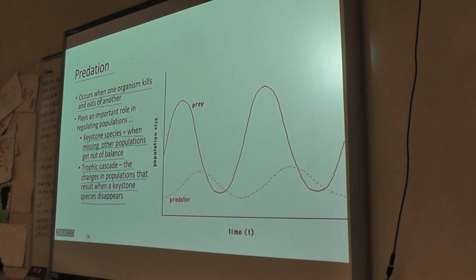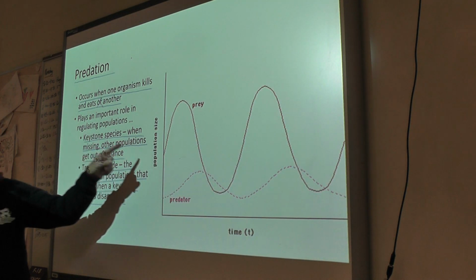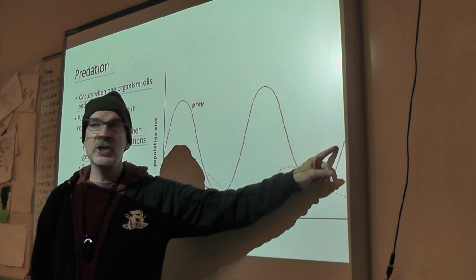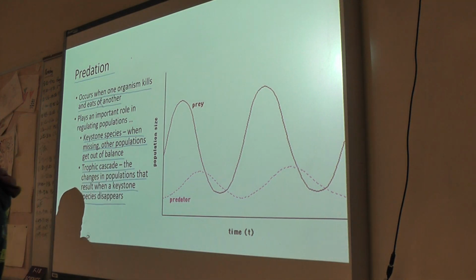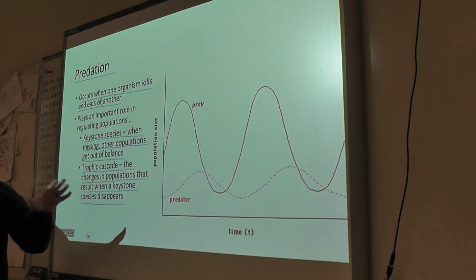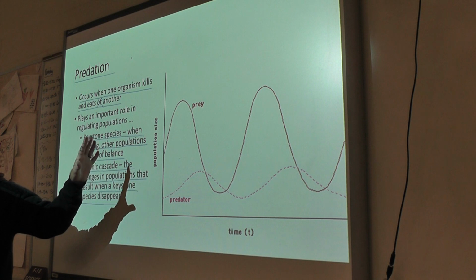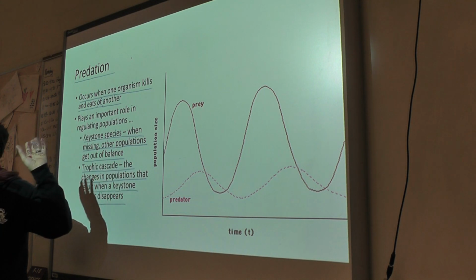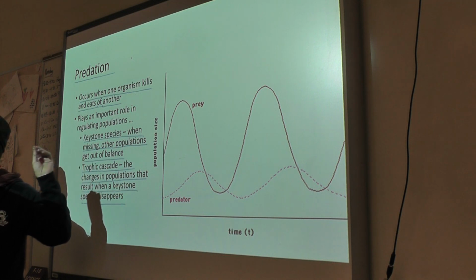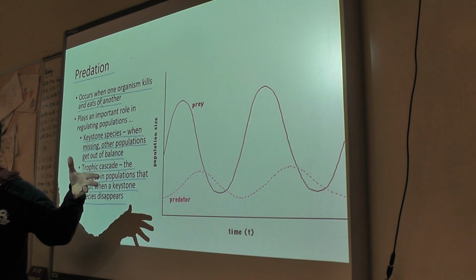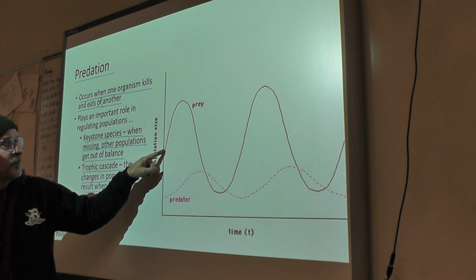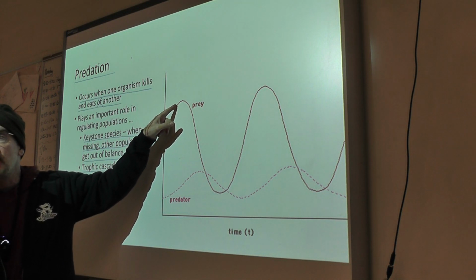So that's predation. And one of the things that we see with predation are these cycles of predator-prey relationships. And this is something we may look at down the road. This is not something that we're going to talk about in detail now. But one of the things that's really cool is we can see it in real data, and we can see it in predicted data, which we call modeling in biology,